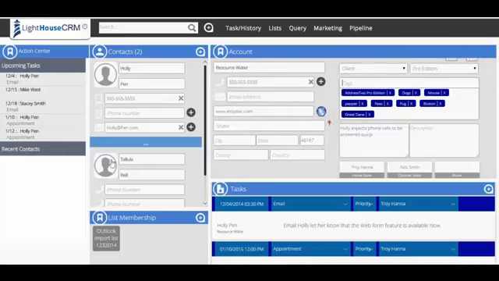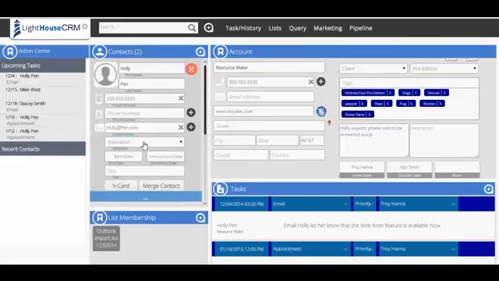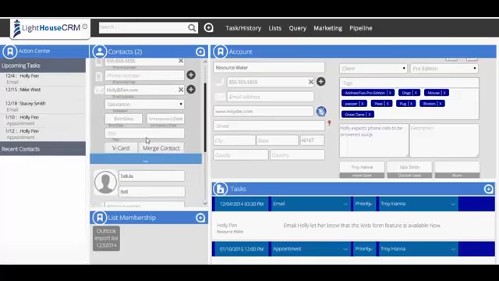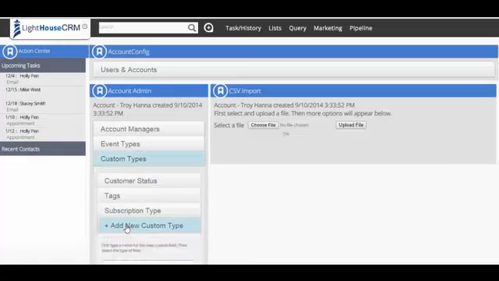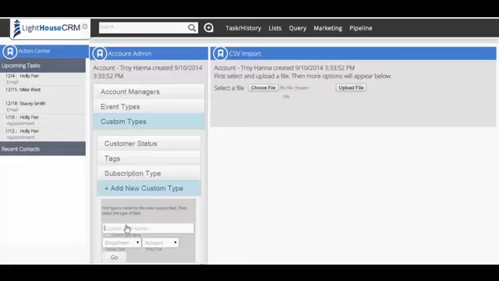So let's say Holly is the decision maker, and maybe Tallulah is the gatekeeper. And if I want to track something like that into the system, now I have the title feature here, but I want to track that Holly is a decision maker versus a gatekeeper or something like that. So then again, I add a new custom field by clicking on the sprocket, go down to custom types, hit add new custom type, and again I'm going to put into the field name here, I'm going to say role,